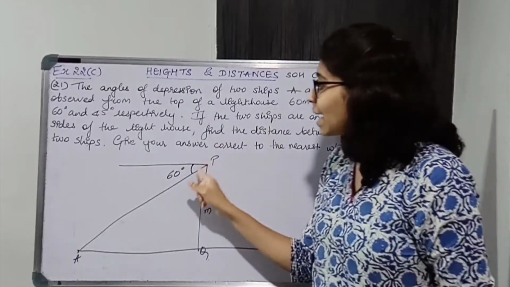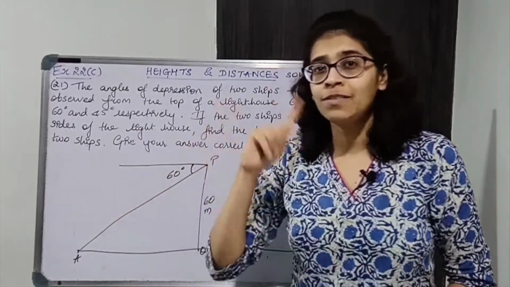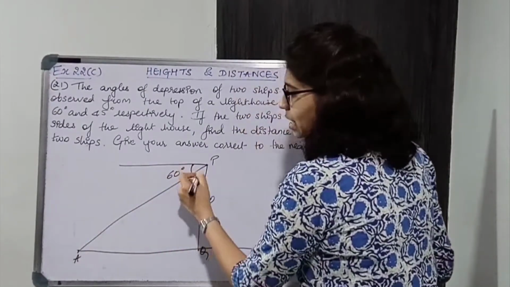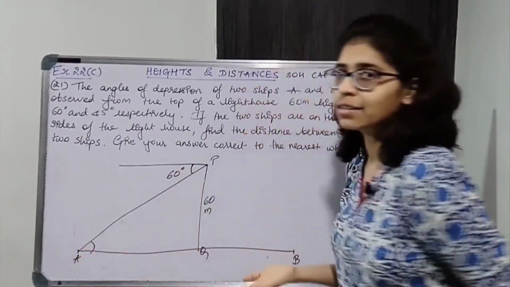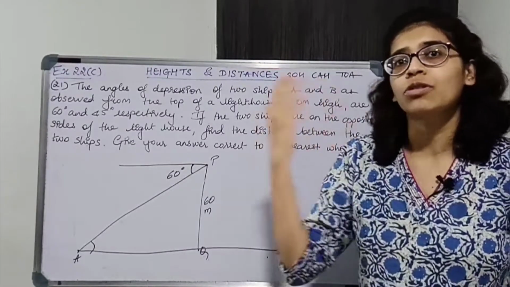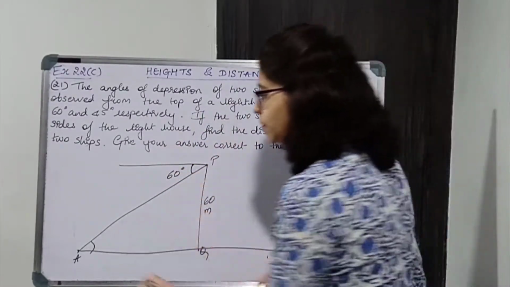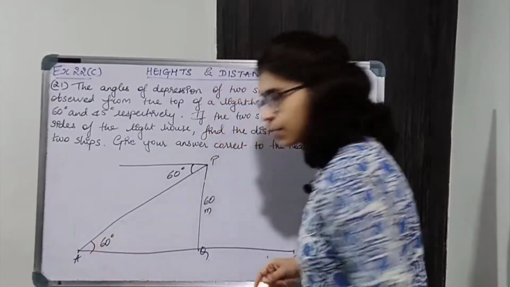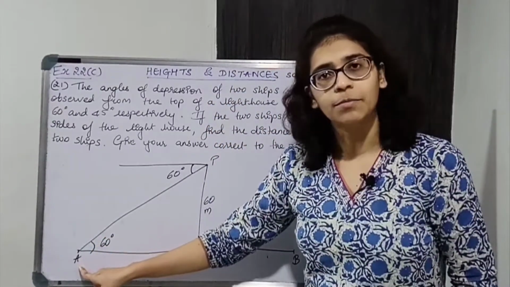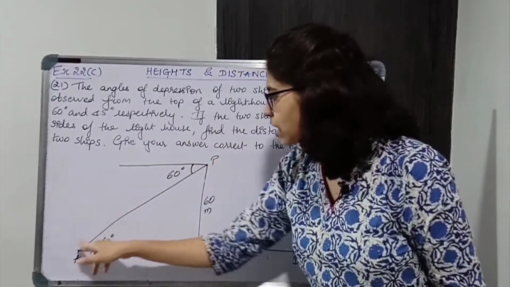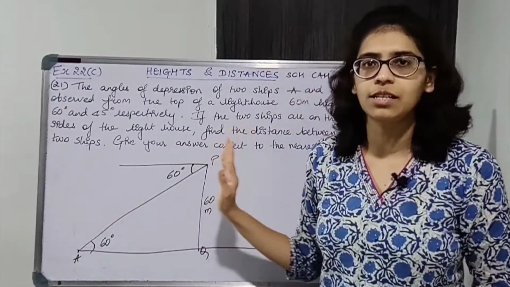Now since angle of depression is 60, angle of elevation will also be 60. Okay, this is a Z, so this angle is equal to this angle, alternate angles है, okay, so angle of depression is always equal to angle of elevation and vice versa. So ये 60 है तो ये भी 60 हो जाएगा, okay, so angle of elevation of A, if depression is 60 तो elevation भी 60 होगा. So line of sight and horizontal के बीच का angle, this is 60 degrees.